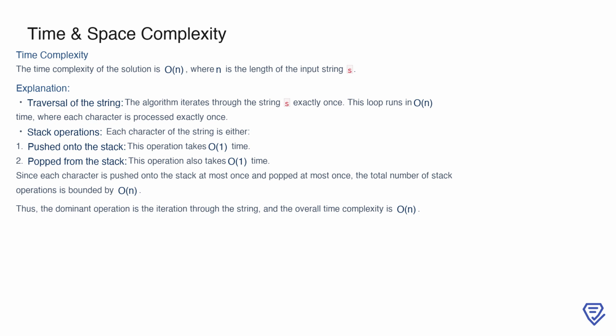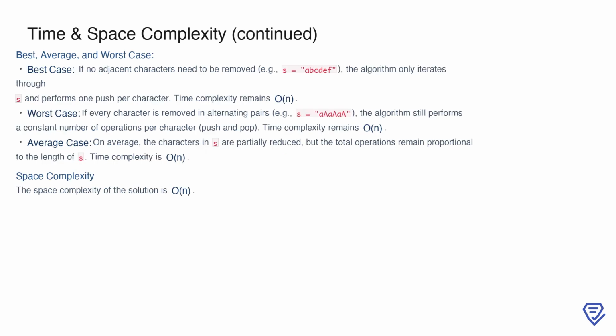Since every character in the string is pushed onto the stack at most once and popped at most once, the total number of stack operations is directly proportional to n. Therefore, the dominant operation in this algorithm is the single traversal of the string, solidifying the overall time complexity as O(n). In the best case, where no adjacent characters need to be removed, such as in a string like ABCDF,